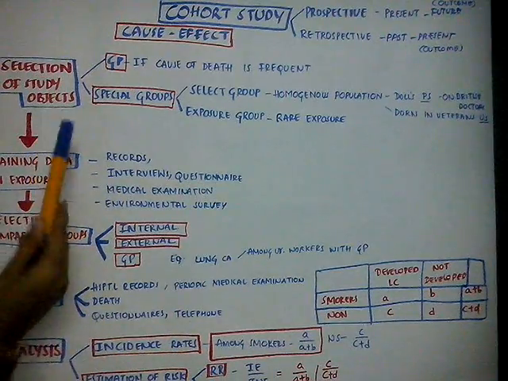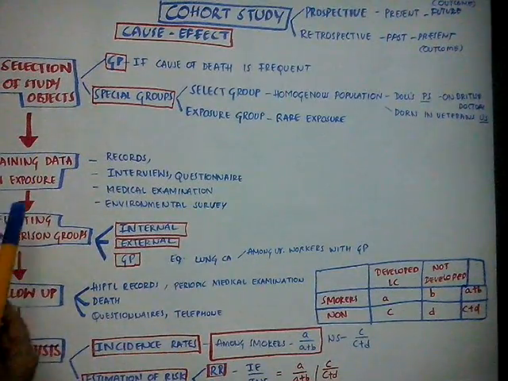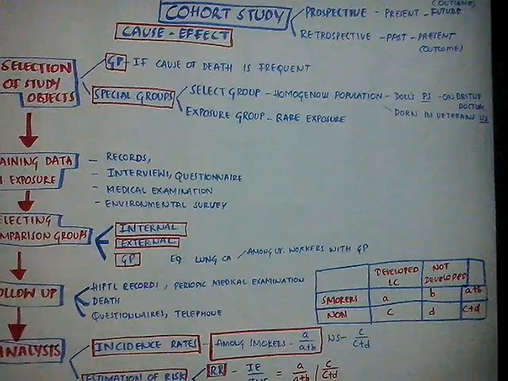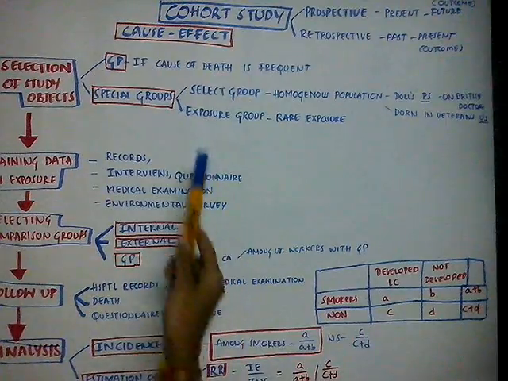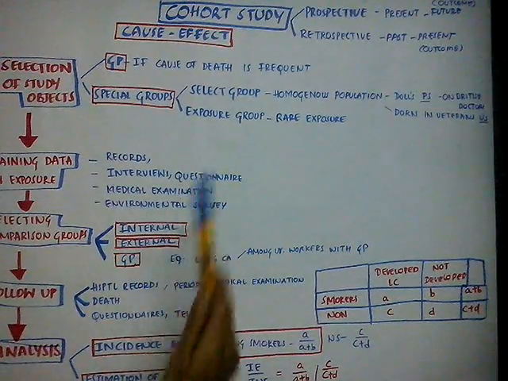First, we need to select the study objects from general population or special groups. In general population, we select if the cause of death is frequent in that population. They are selected from defined geographical, political and administrative areas. And coming to special groups, they are again of select group and exposure group. In select group,